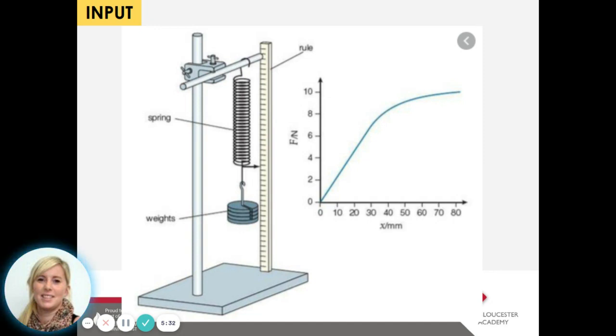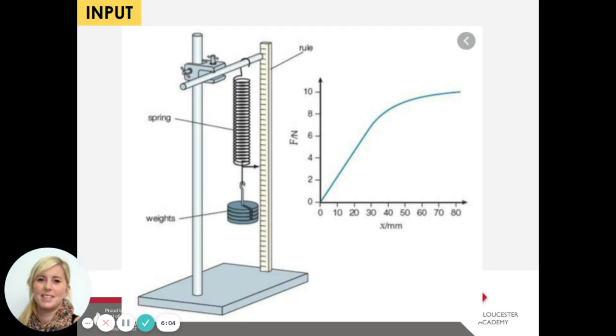So you would have to measure the spring at the beginning with nothing on it to know its original length, and then you'd add the first weight and you'd see how much the spring has stretched, and you'd write that down. Then you add the second one and again see how much has it stretched and write that down, and then you would collect that data until you've done a suitable range of measurements. So normally 5 measurements would be what we call the minimum. So you could do 1 Newton, 2 Newtons, up to 5, and that would be enough.